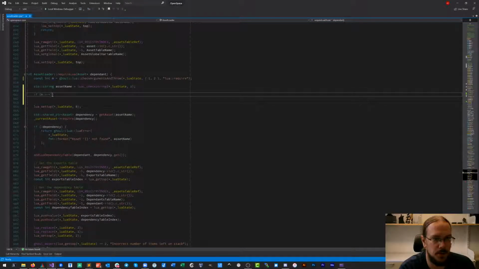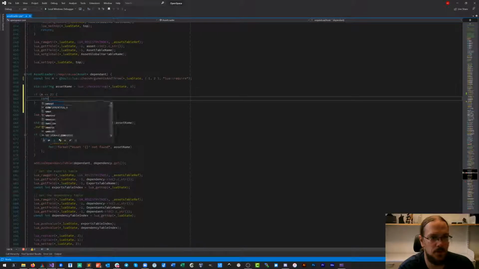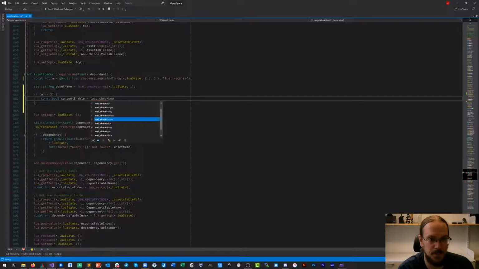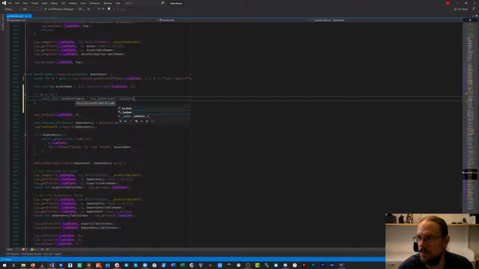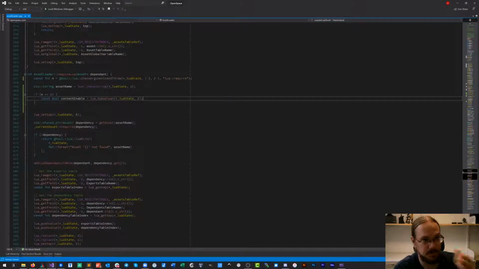And if the number of parameters is 2, then we get back content enabled, and we extract our Boolean parameter from there. There we go. Our Lua state and the second parameter.